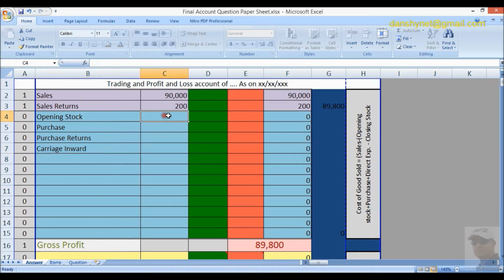Now let me handle those things. So opening stock, I would like to enter some 1,500, purchase 60,000. Please remember that purchase should be less than sales if you want to get a gross profit, or else it will fall into a gross loss. Anyhow, you know that purchase returns I would like to give some 600, then carriage inward